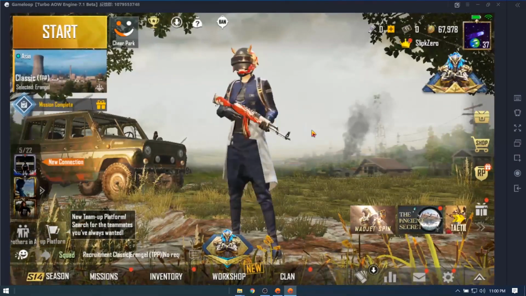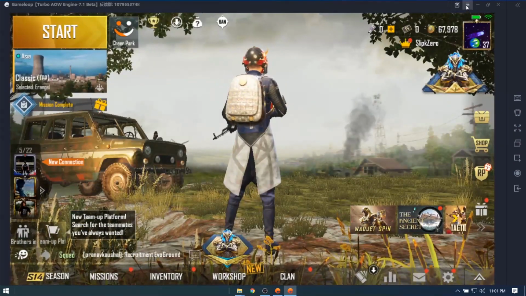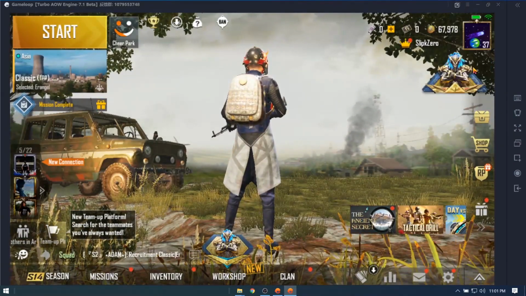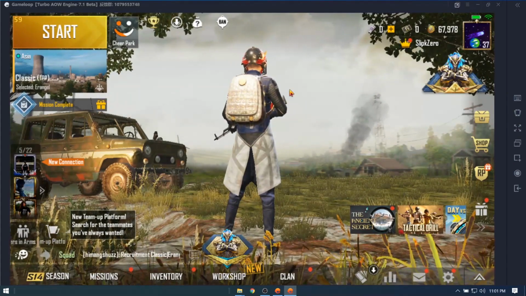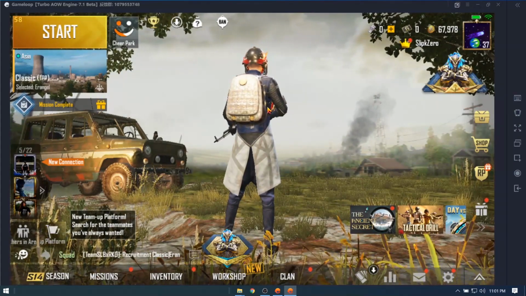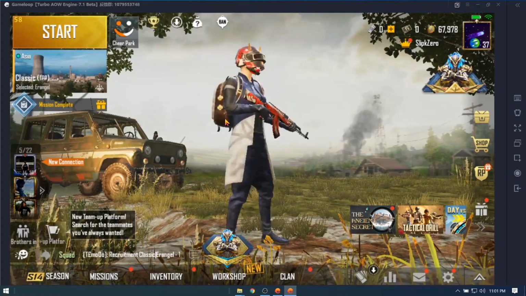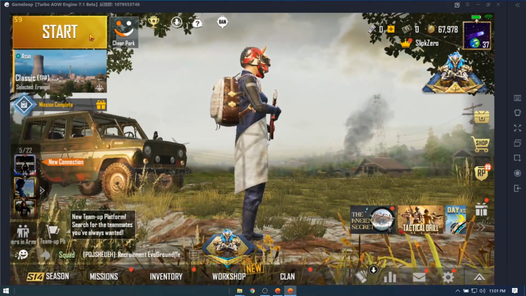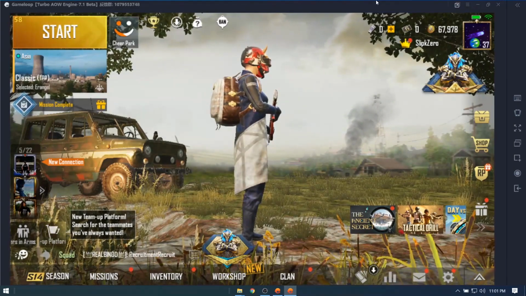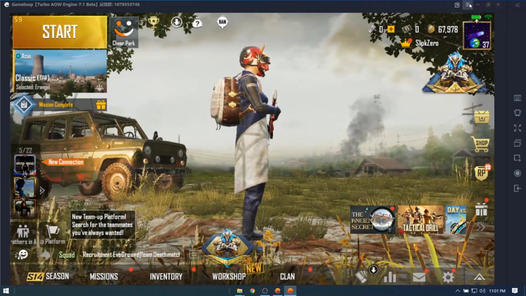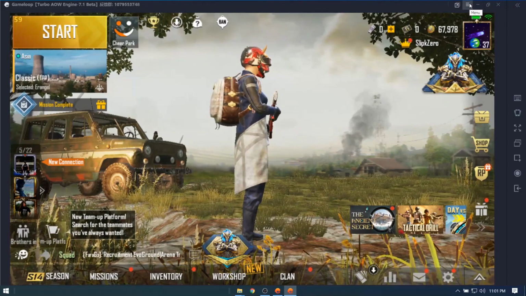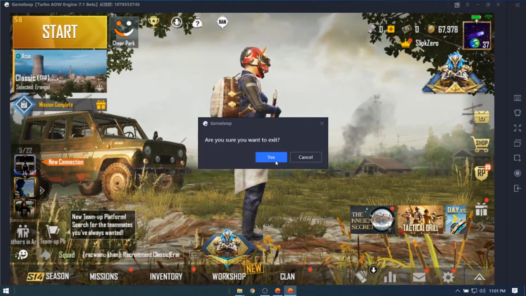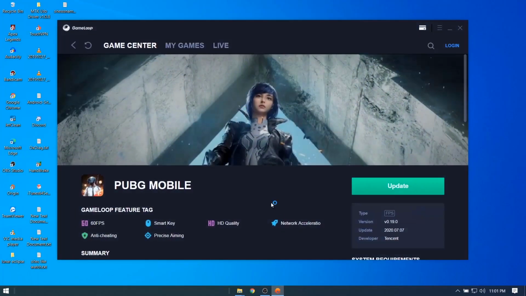Now your game should look better or run better. You can also show the FPS, just like on the previous version of Gameloop. So now you can also see the FPS is giving me like 60s like that, but we still need to fix something here because we have not done it yet. Okay, so close this game, click on yes, and get back to Gameloop and go to the settings,